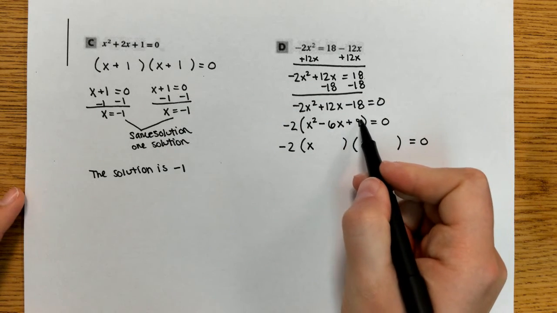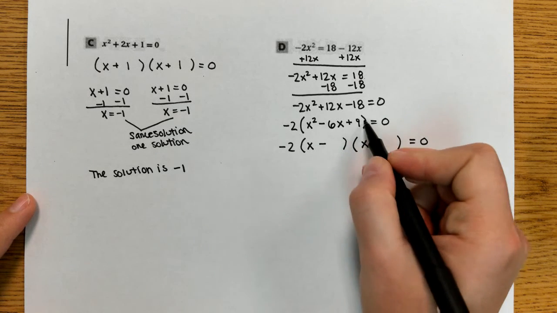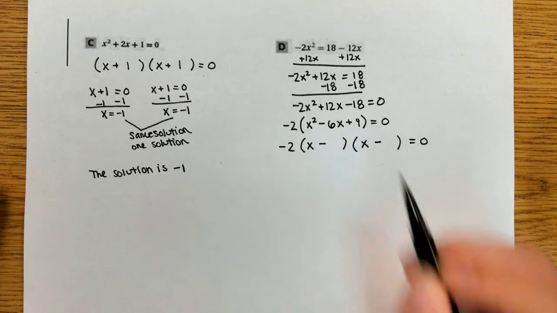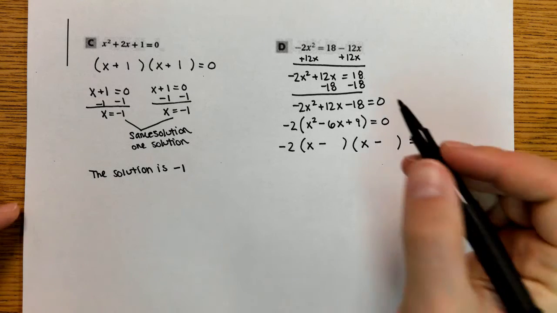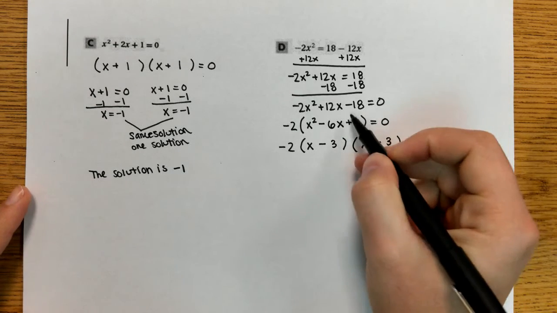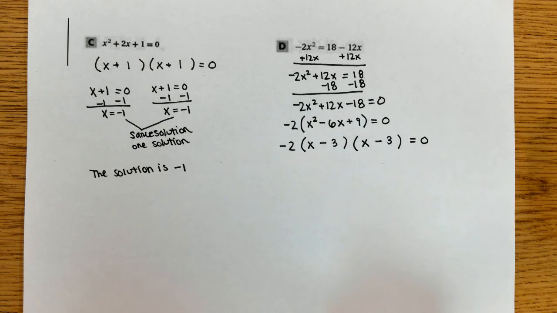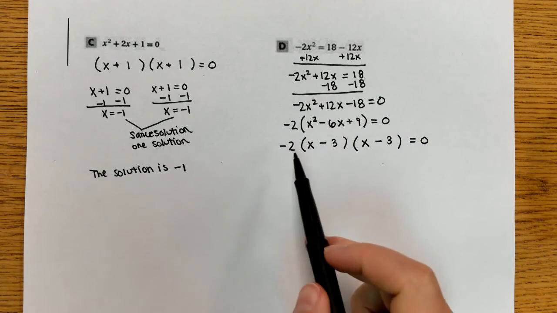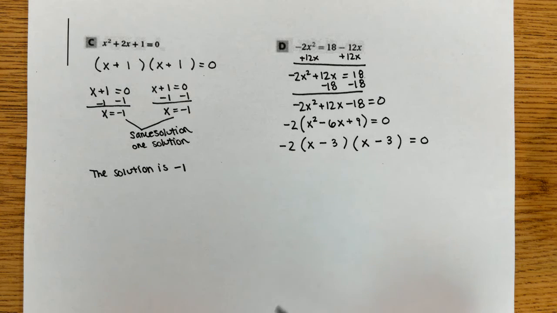My last term is positive, but my middle term is negative. So I'm going to have a negative times a negative to get that positive, and then a negative plus a negative to get the negative middle term. Factors of 9, 1 and 9 doesn't add together to give me negative 6. And then 3 and 3 would add to give me 6. So negative 3 times negative 3 gives me positive 9, but negative 3 plus negative 3 gives me this negative 6. So the factored form is negative 2 times the quantity x minus 3 times the quantity x minus 3